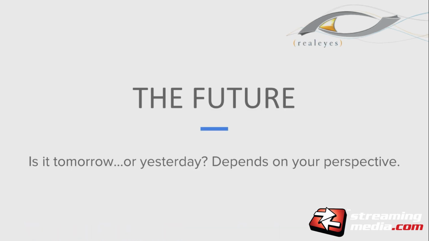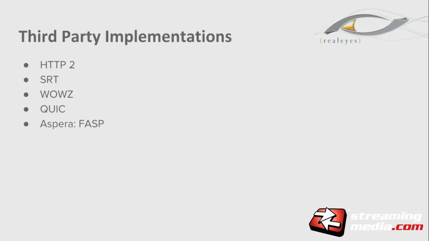So when we take this all together, to me, things like LHLS are incredibly exciting. What you can do with chunk transfer coding is a great way to start looking at what you can achieve. The chunk transfer coding in HTTP 1.1 is available today. It's going to get better with HTTP 2 as that becomes available. There are other things available as well. As I mentioned, things like QUIC, that's actually available in all the Chrome browsers today. It leverages a more UDP-based way to receive and deliver content. So this is protocol-based, and it's pretty cool.